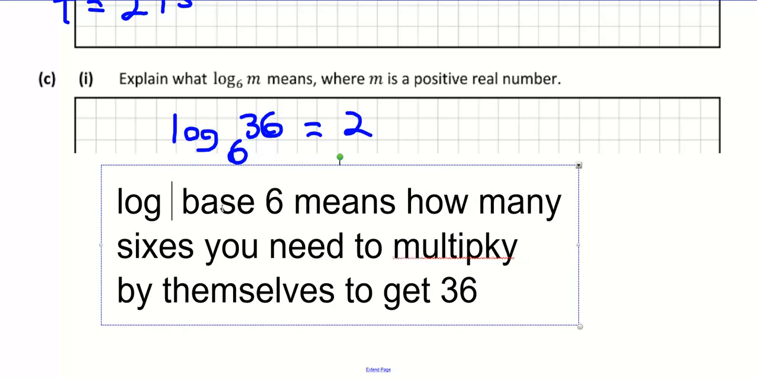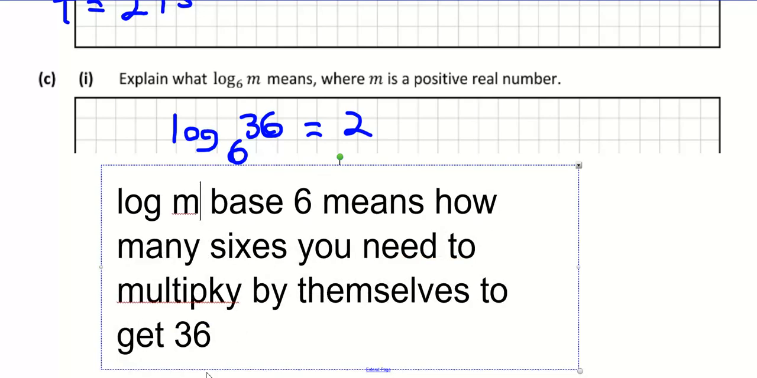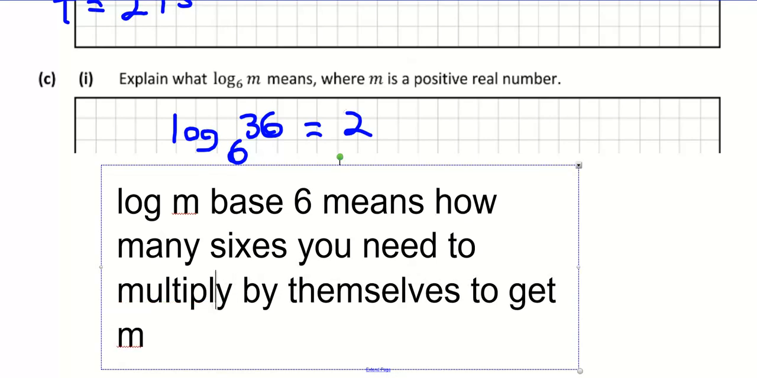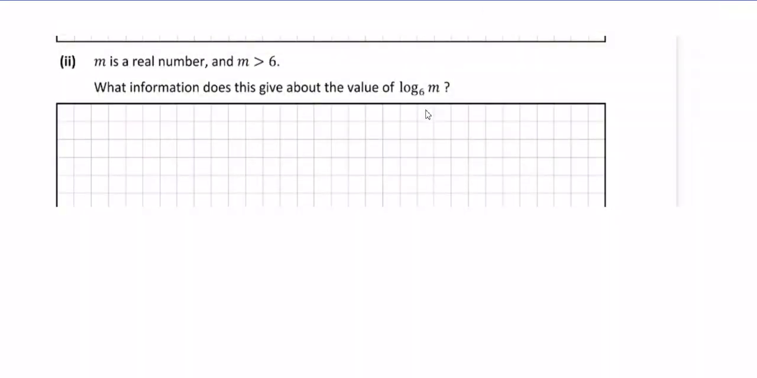Now, let's try this. What happens if m was 6? What is log 6 base 6? 1. Any number above 6, for example 36, the answer will be 2. So it means log m base 6 has to be bigger than 1, because m is bigger than 6. So anything above 6, the answer is going to be bigger than 1. Is that right? I'll do one for